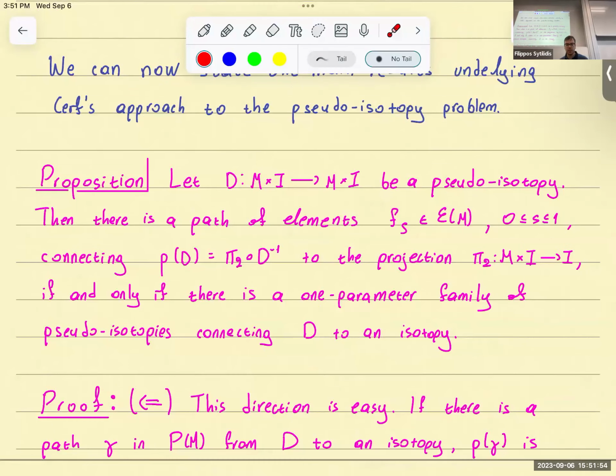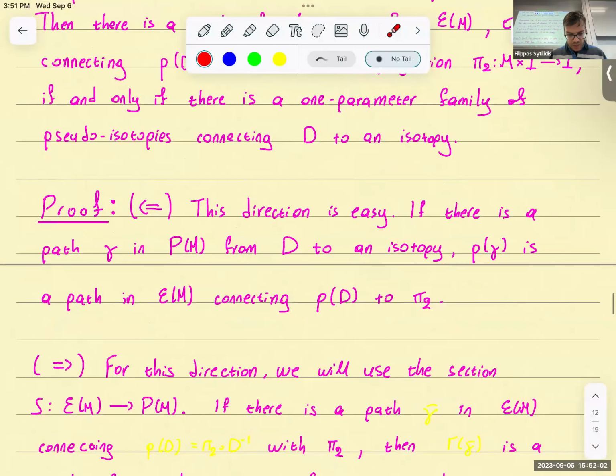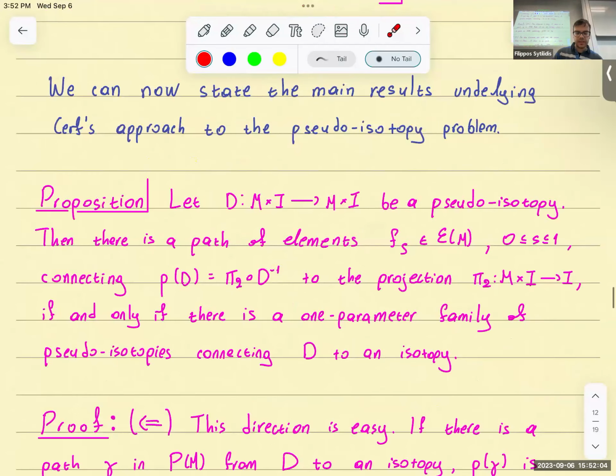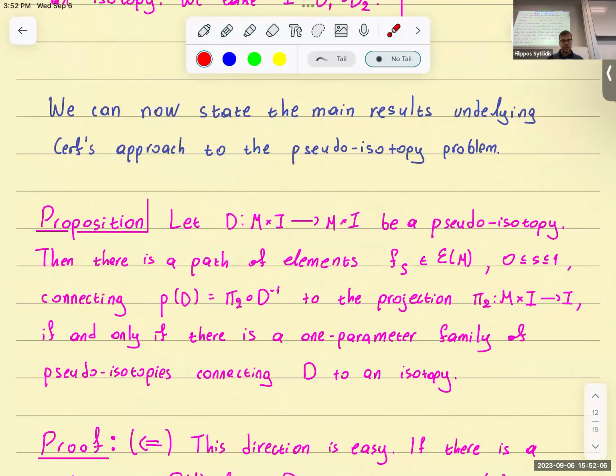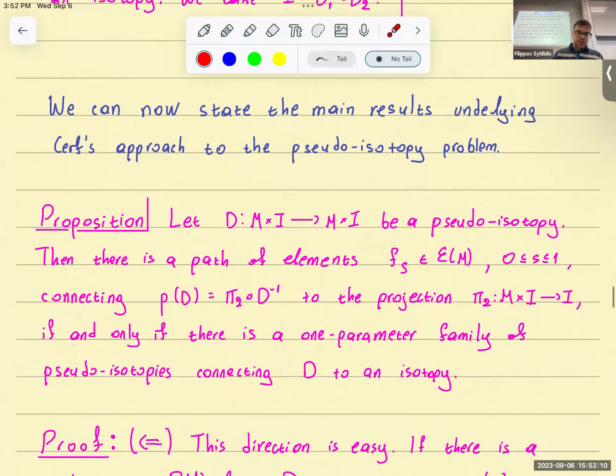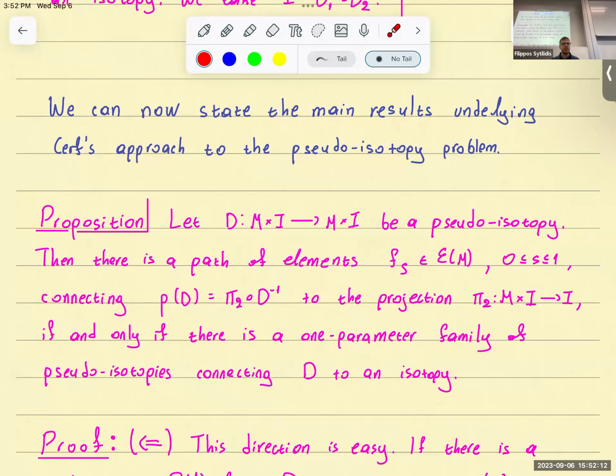Yeah, so I just want to give you basically the main proposition. I'm not going to prove it now because I think it's better to end here. But the main proposition that makes everything work is this one, which is: if you give me a pseudo-isotopy, okay,